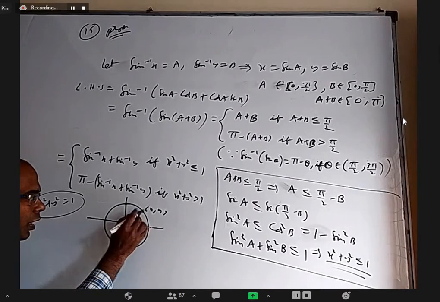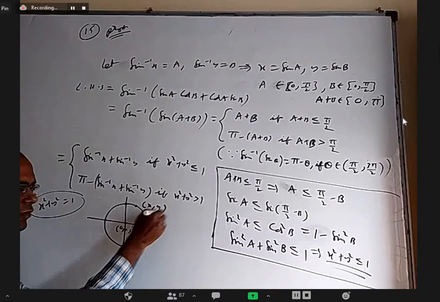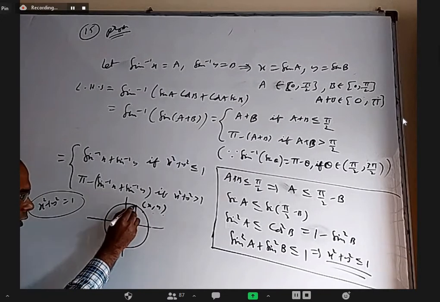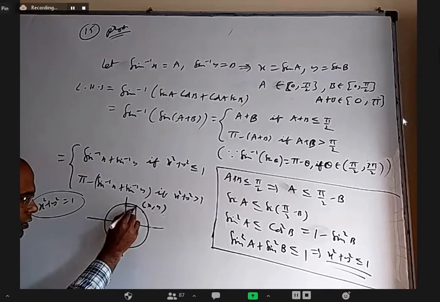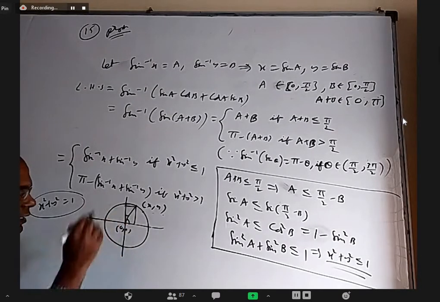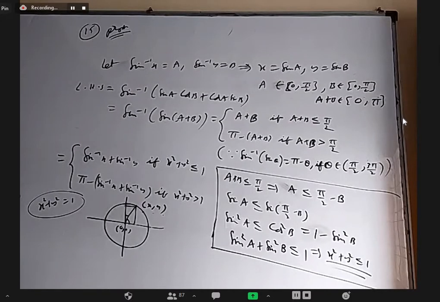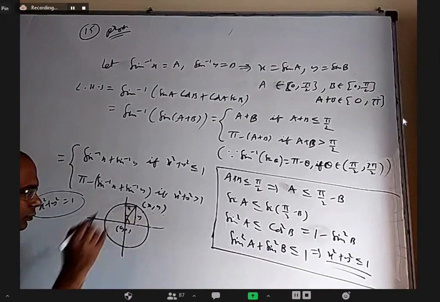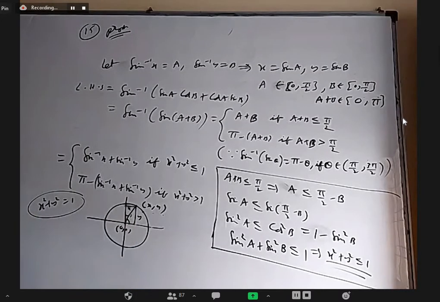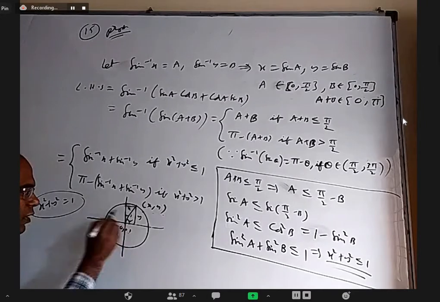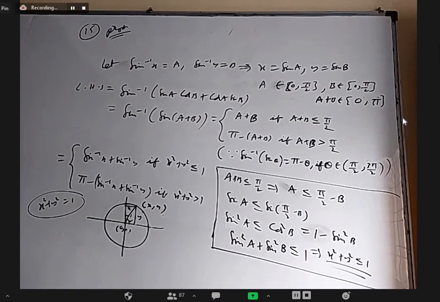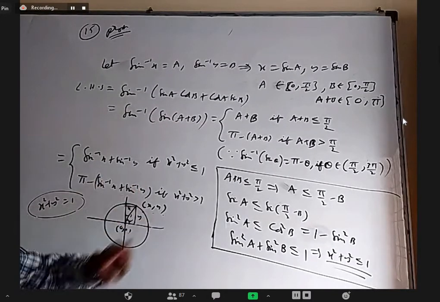Let's say I took x comma y here. Draw one vertical line and one horizontal line, and draw this one. This angle plus this angle is the sum 90 degrees, but this height is y and this is x, and this hypotenuse is 1. From this small right angle triangle, what is this angle? Sin inverse y. And what is this small angle? Sin inverse x. And what is the sum of these two angles? 90 degrees. So whenever x square plus y square equal to 1, sin inverse x plus sin inverse y will be pi by 2.